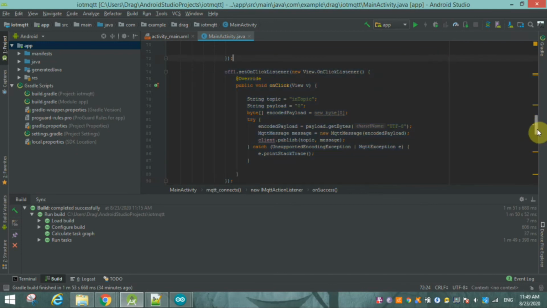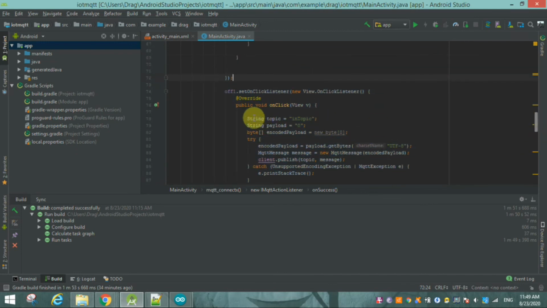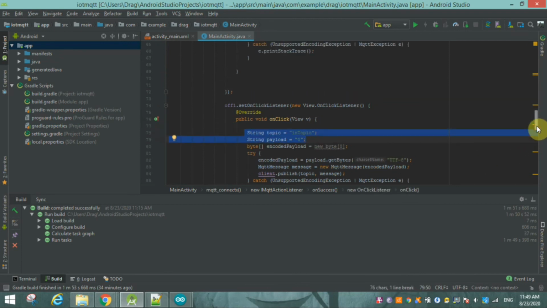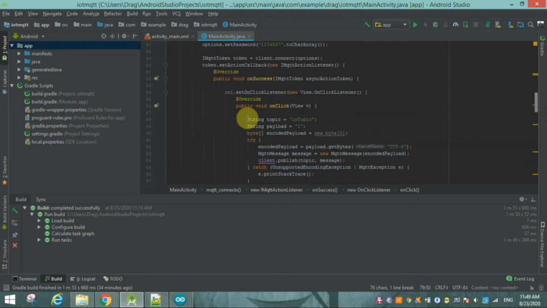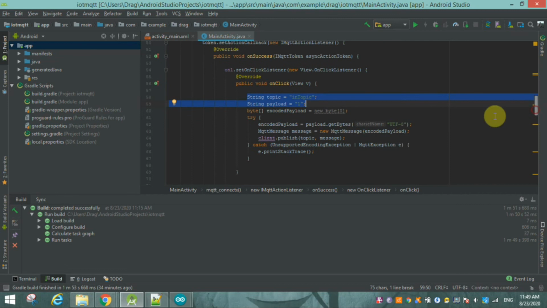Now you will find a string topic and string payload inside your setOnClickListener, also inside the on one. You can see this string topic and a string for payload. You have to change them as per your Arduino code.